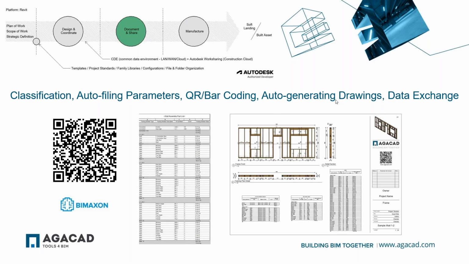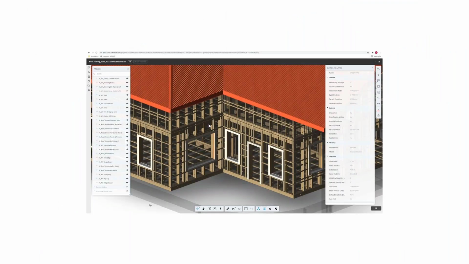That's also part of built-in functionality. Say with Wall Plus, you can auto-generate drawings. So documenting, we definitely have something to offer there. Also moving to Autodesk Construction Cloud, you can move entire projects to the Construction Cloud and use the functionality that's